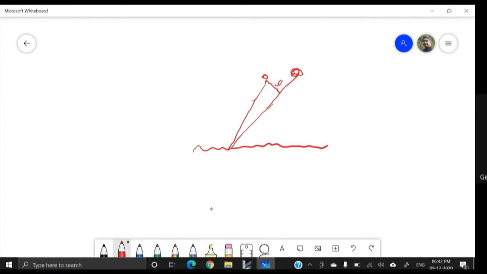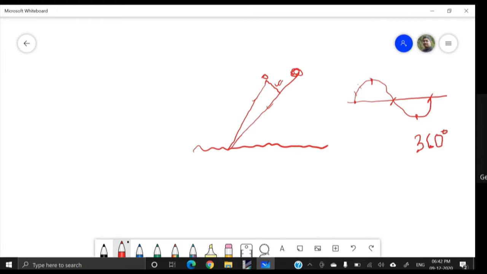Now see, phase, we have discussed several times what is phase. For example, this is a complete wave. Okay. So here we have 0 phase, here we have 90-degree phase, here we have 180-degree phase, then we have 270-degree phase, and then we have 360-degree phase. So total phase is actually 360-degree.